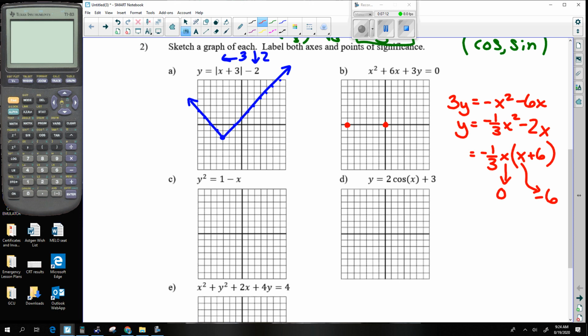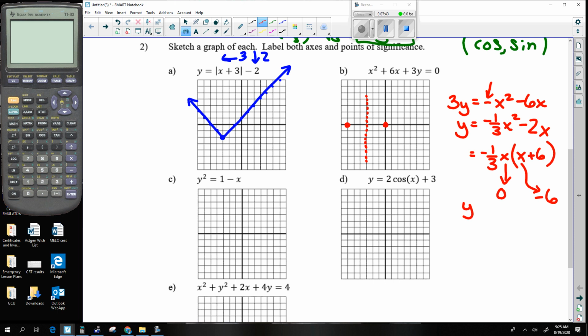So I know that this is an upside down parabola because this is a negative x squared. And if I know that those are my zeros, I know that my vertex is going to be on x equals negative 3. It's in the middle. So I'm going to plug and chug negative 3